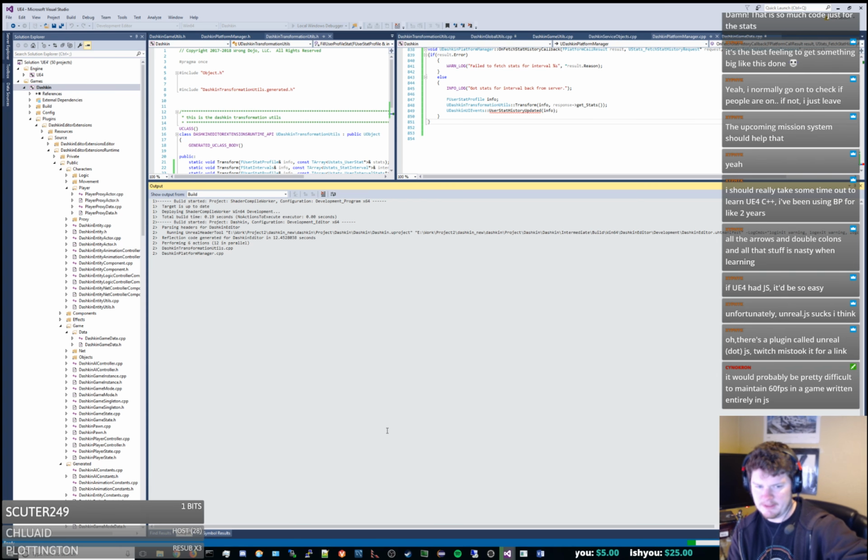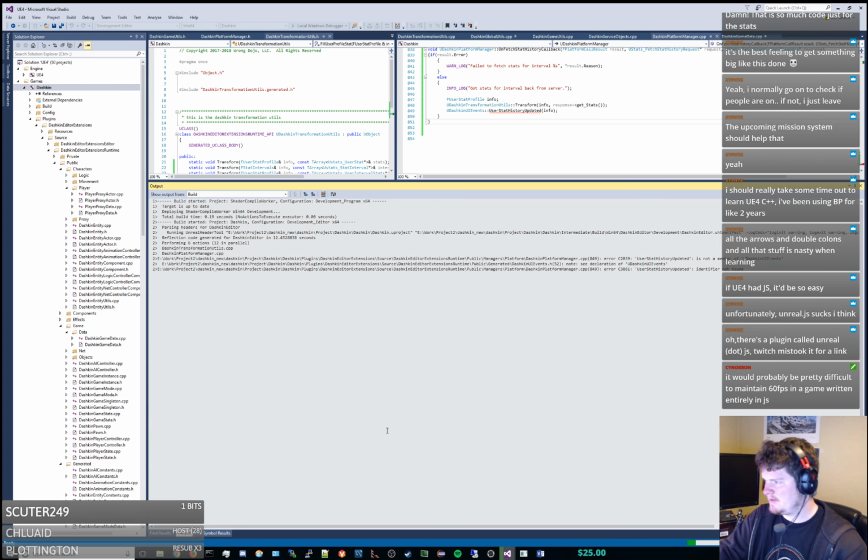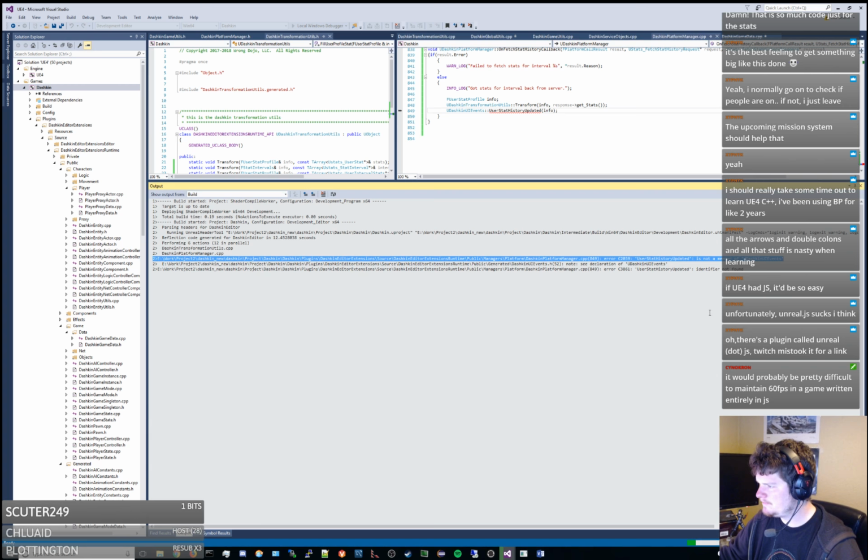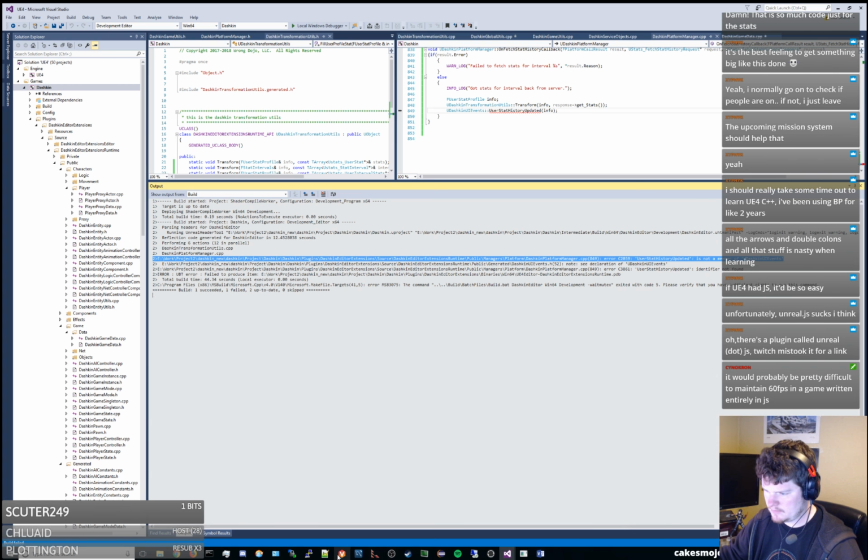You could definitely maintain a 60 FPS game with something written entirely in JavaScript. JavaScript with V8 and all that stuff, it's actually very performant. I need to regenerate. It would be mainly if you wrote the entire goddamn thing, as you said, written entirely in JS. Yeah,